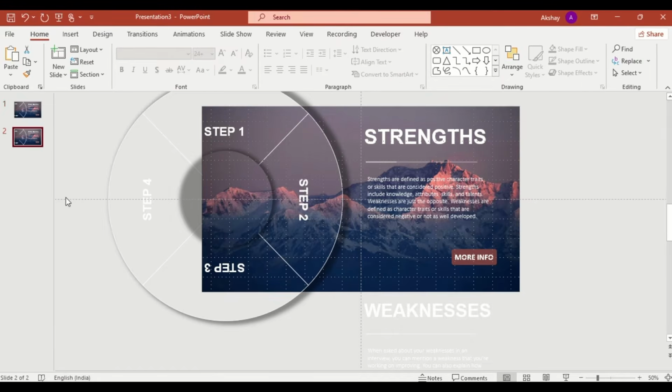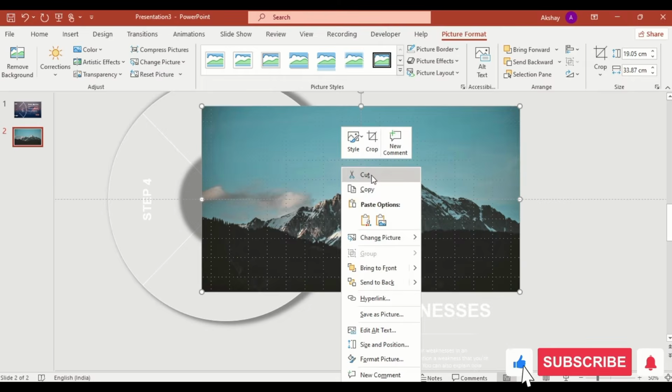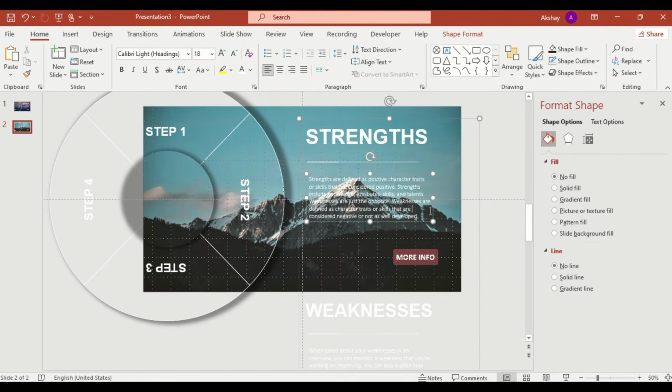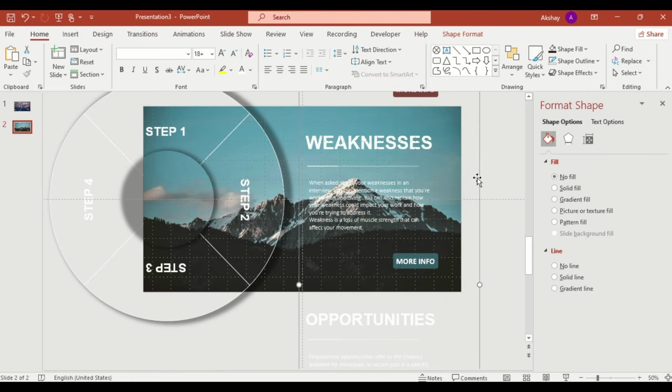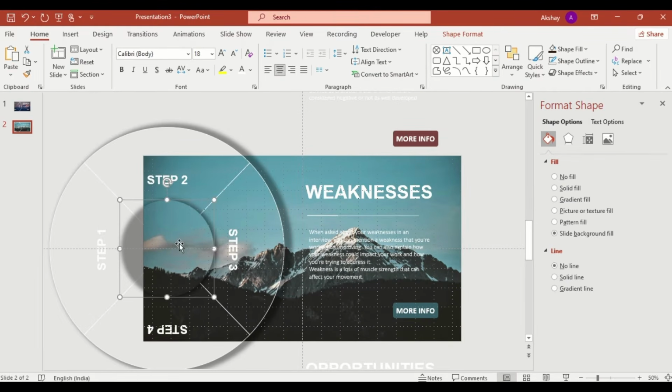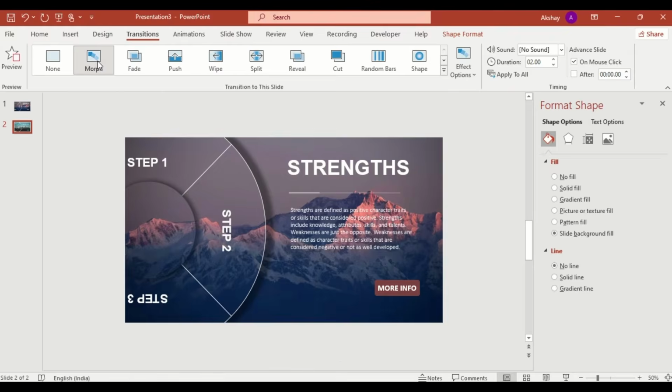Duplicate the slide, insert another image and set it as a background. Move the content to the top. Rotate the flowchart shape counterclockwise and rotate the circle clockwise. Go to Transition, select Morph